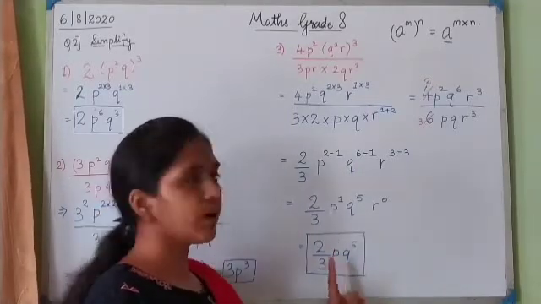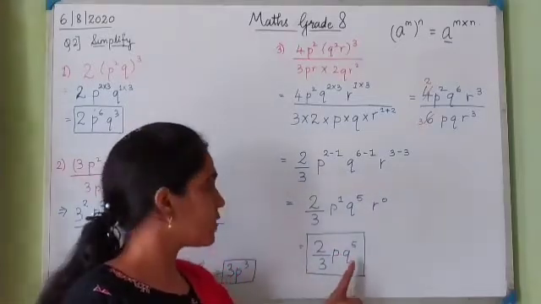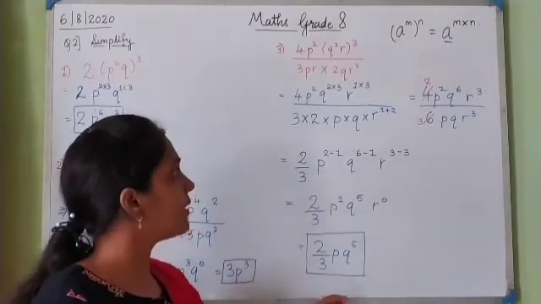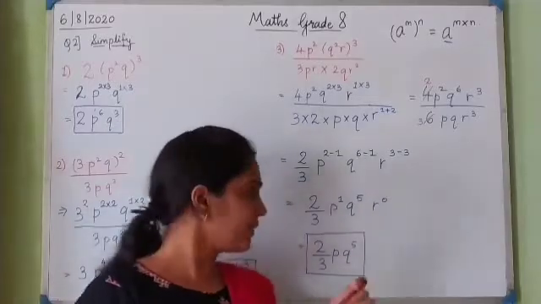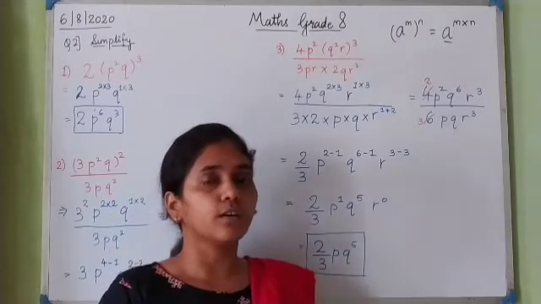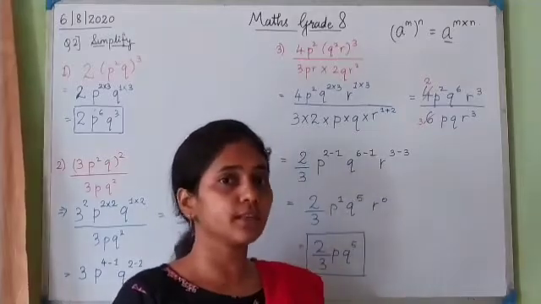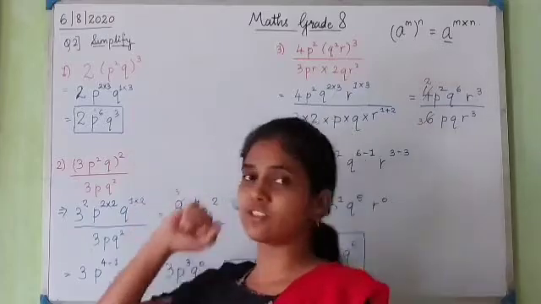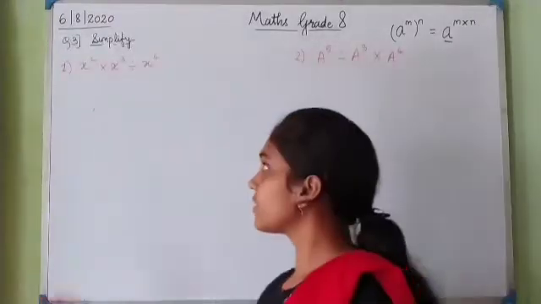Okay. So this you have to keep in mind and look carefully that the power which is given to us is for what? Is for q or for p or for both. Okay. So while doing these indices sums, you have to keep only this in mind for which the power is, and the power will go for which of the variables or constants which are there inside the bracket or whatever is given in the example. Okay. So this was question number 2. Now we will go to question number 3.